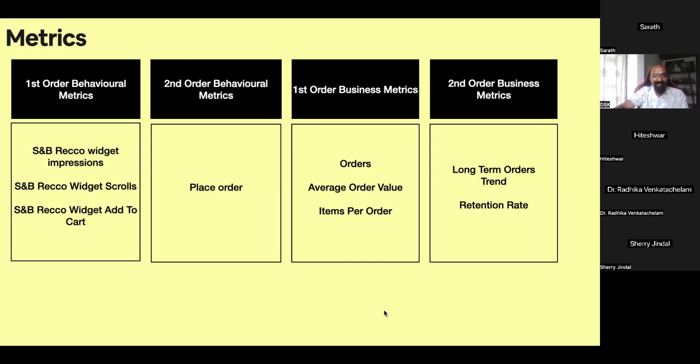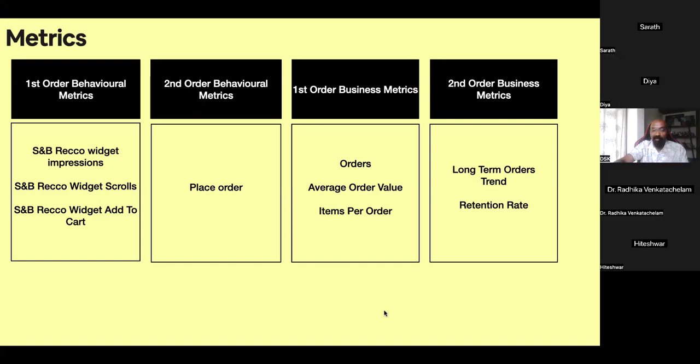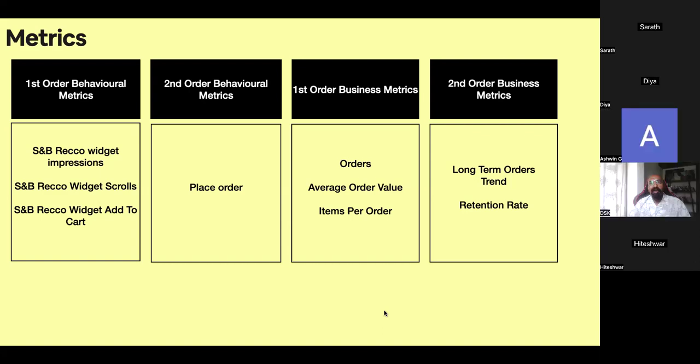To factor in seasonal, sorry, in the longitudinal manner, right? So maybe today I may have a good recommendation, but tomorrow. Okay, but yeah, got it. Anyway, your first order business metrics will capture it. Your first order behavioral metrics will capture it. To factor in seasonality or